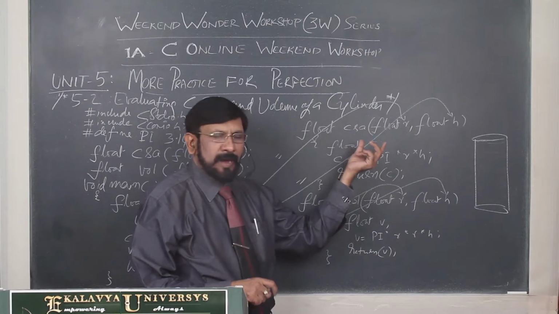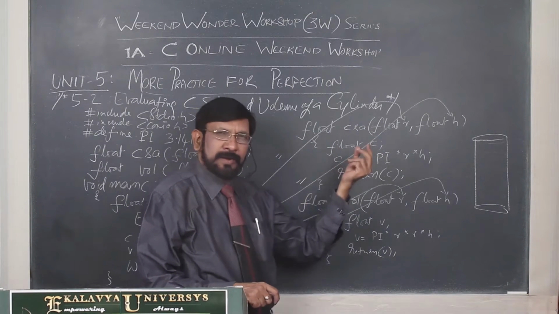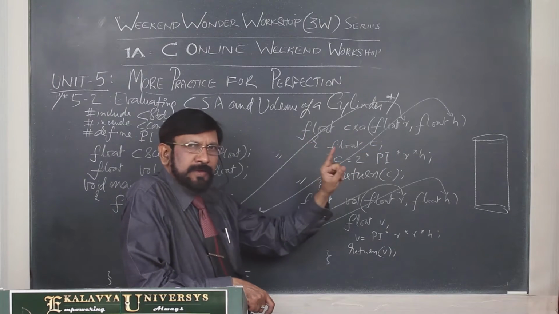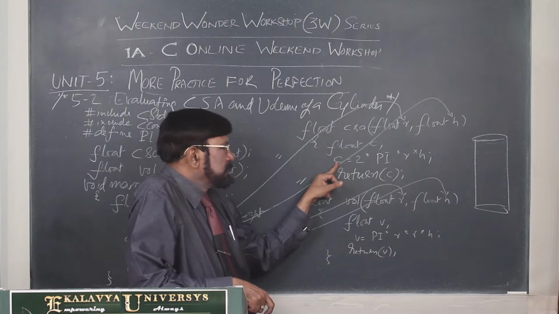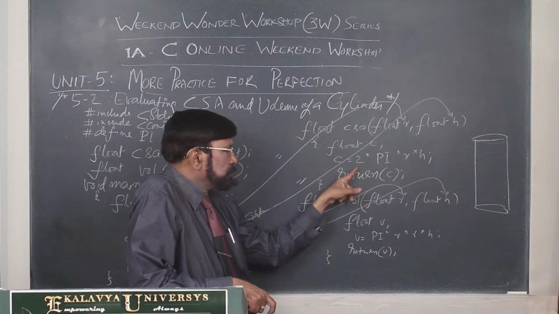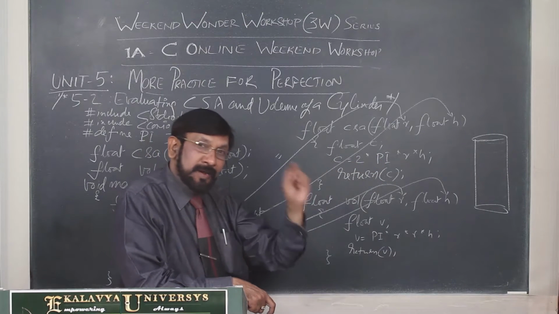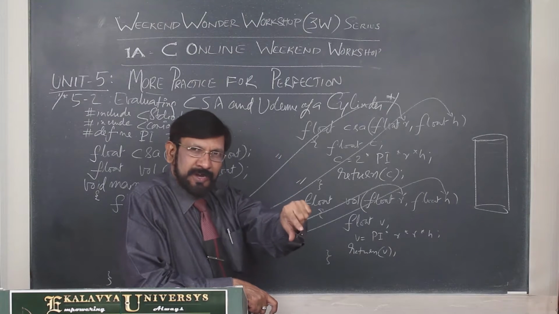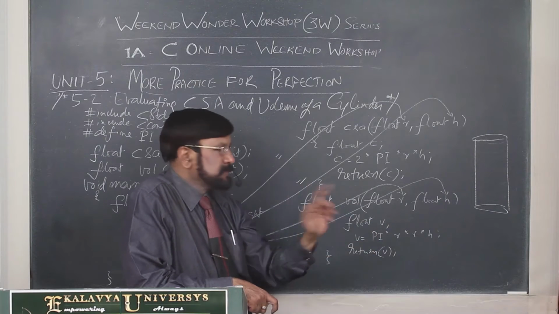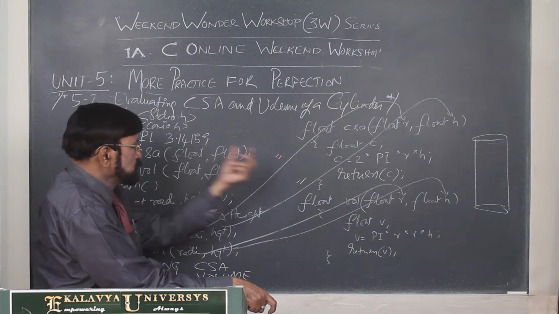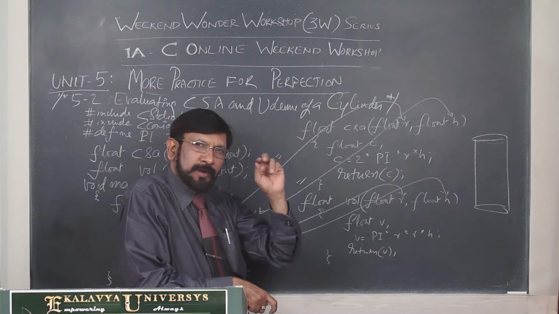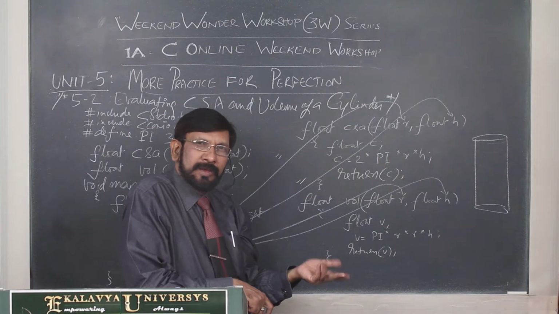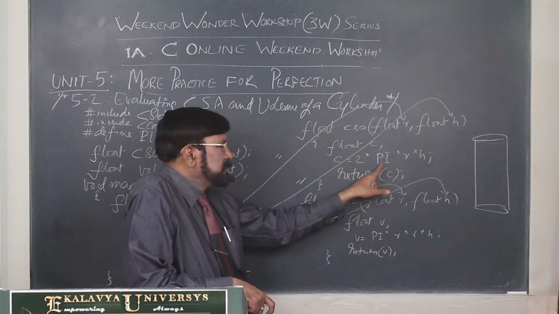Now let us come to the called function CSA. Now one value is created, for that purpose we are declaring one local variable C. Next, this is the formula: 2 pi. Wherever you have a symbolic constant, what does it mean? Instead of using a constant, you are using a symbol. So actually you are supposed to use 3.14159, but instead of that you are using a simple symbol. It is highly readable. It can avert committing errors. That's why we are using it.